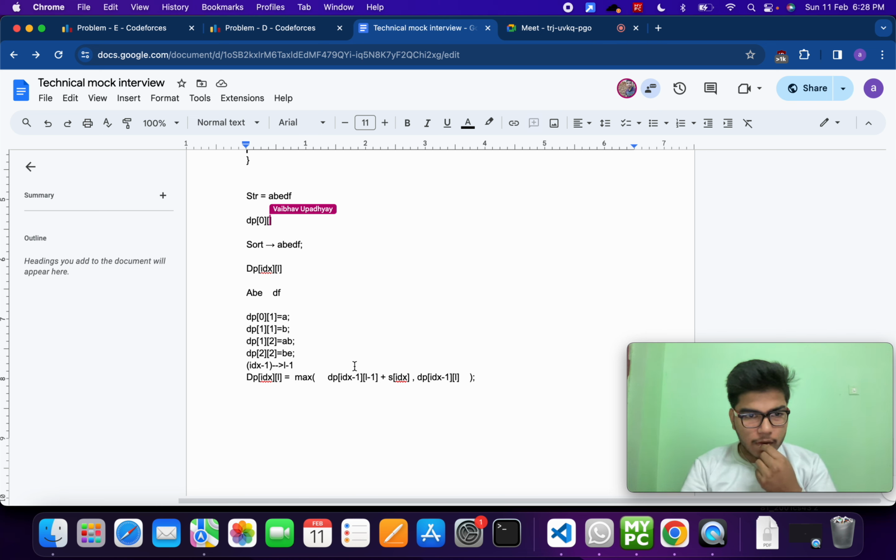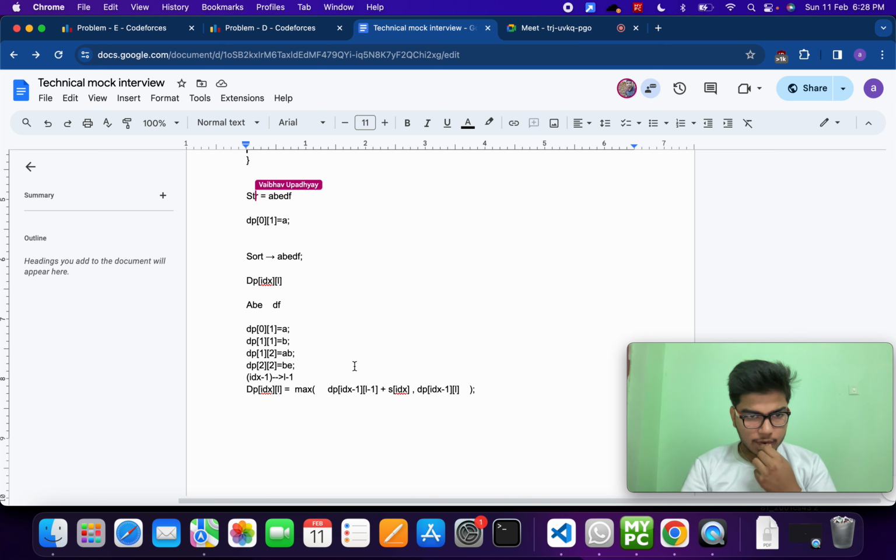Let's suppose, what is the value of dp of 0 comma 1? It will be surely a, right? Correct. Now I'm moving my index to, let's suppose, index i to a to b. So dp of i with length 1. I will start from length 1, right? The value of i is 1, so dp of 1 comma 1